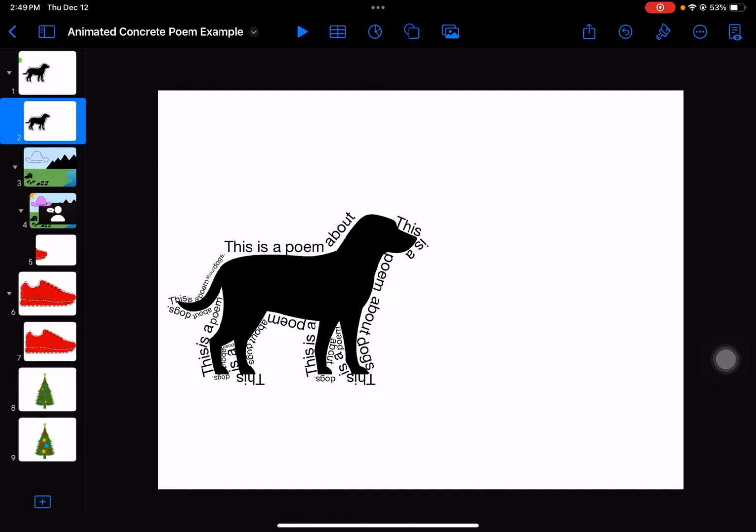So for your poetry project, you get to choose between 4 different types of poetry, and one of those happens to be concrete poetry. Now, as you've learned, concrete poems are really about the visuals. You create a shape or an image, you create some sort of visual actually using the poem itself. So today, I'm going to show you a few creative ways to really bring a concrete poem creation to life